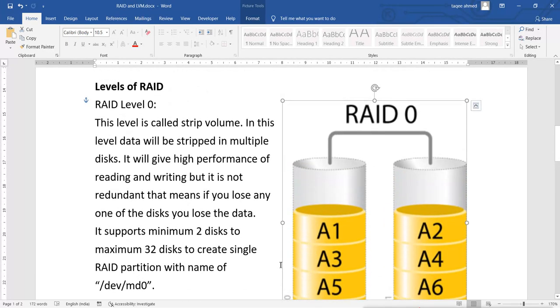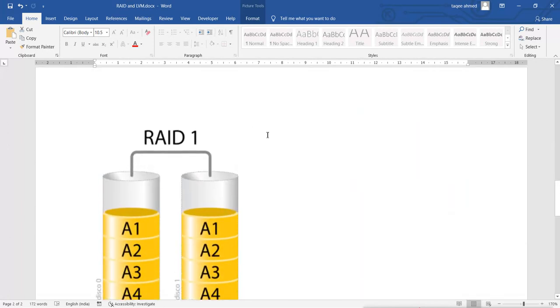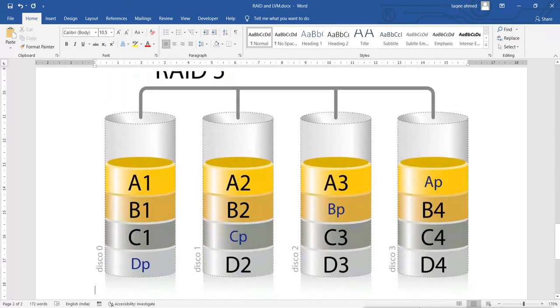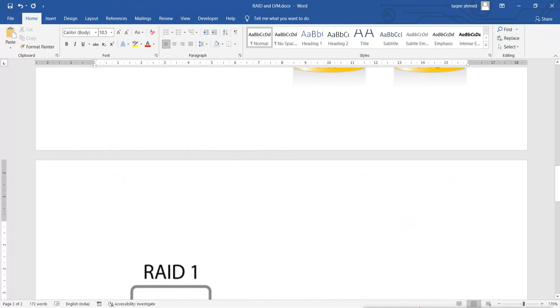Now the next level for the RAID partition is RAID level 1.